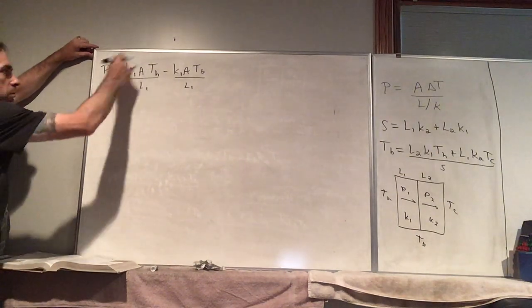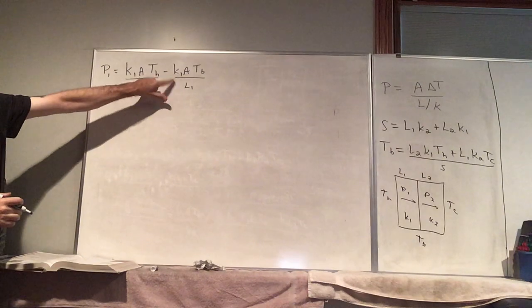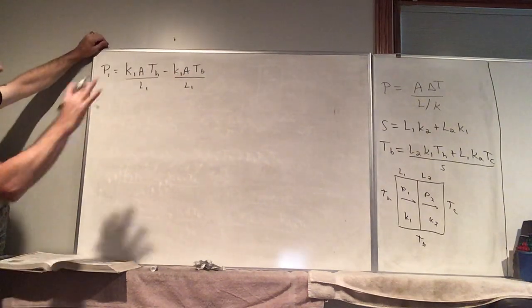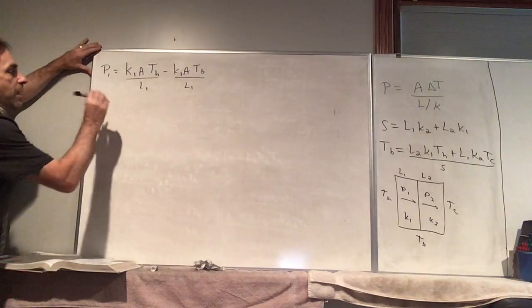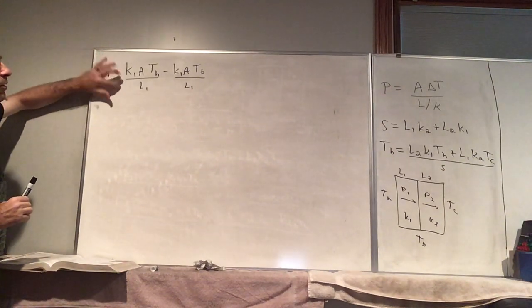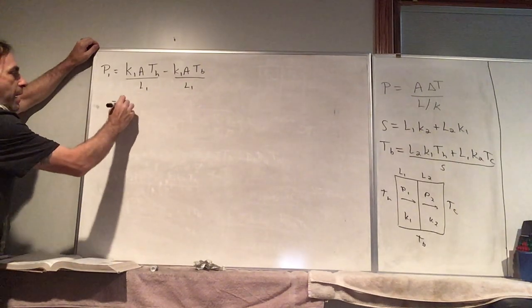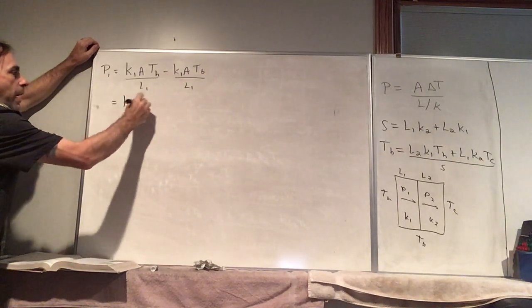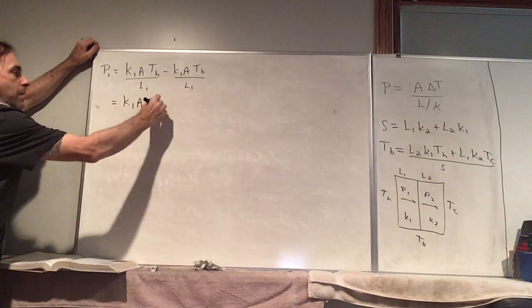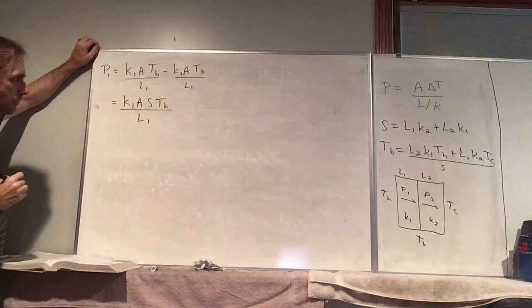So now we're good here. Everything here is fine. It's this part, we have to get rid of the TB, so we're going to plug that in. So actually what I'm going to do is multiply the numerator and denominator here by S. So we have K1 A S TH over L1,